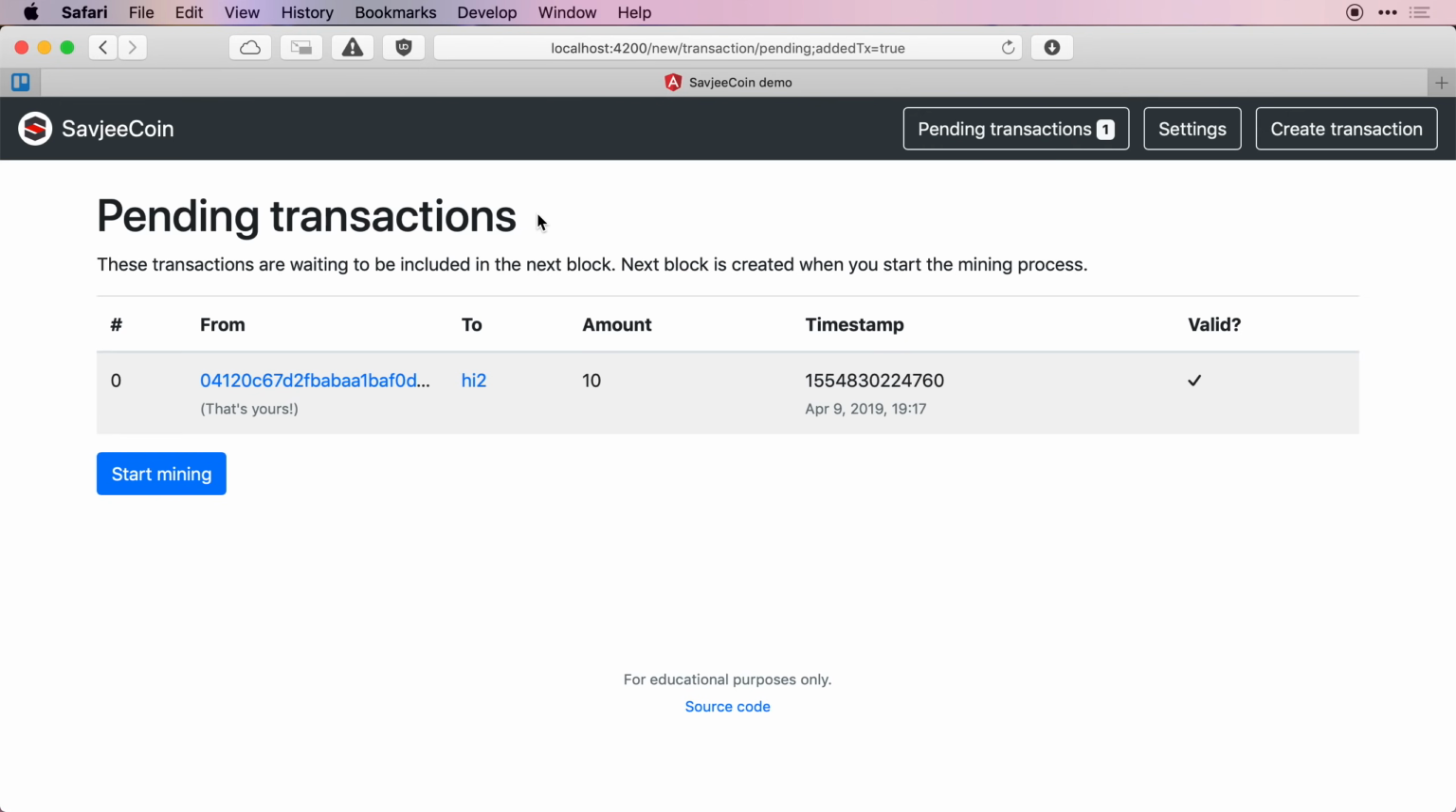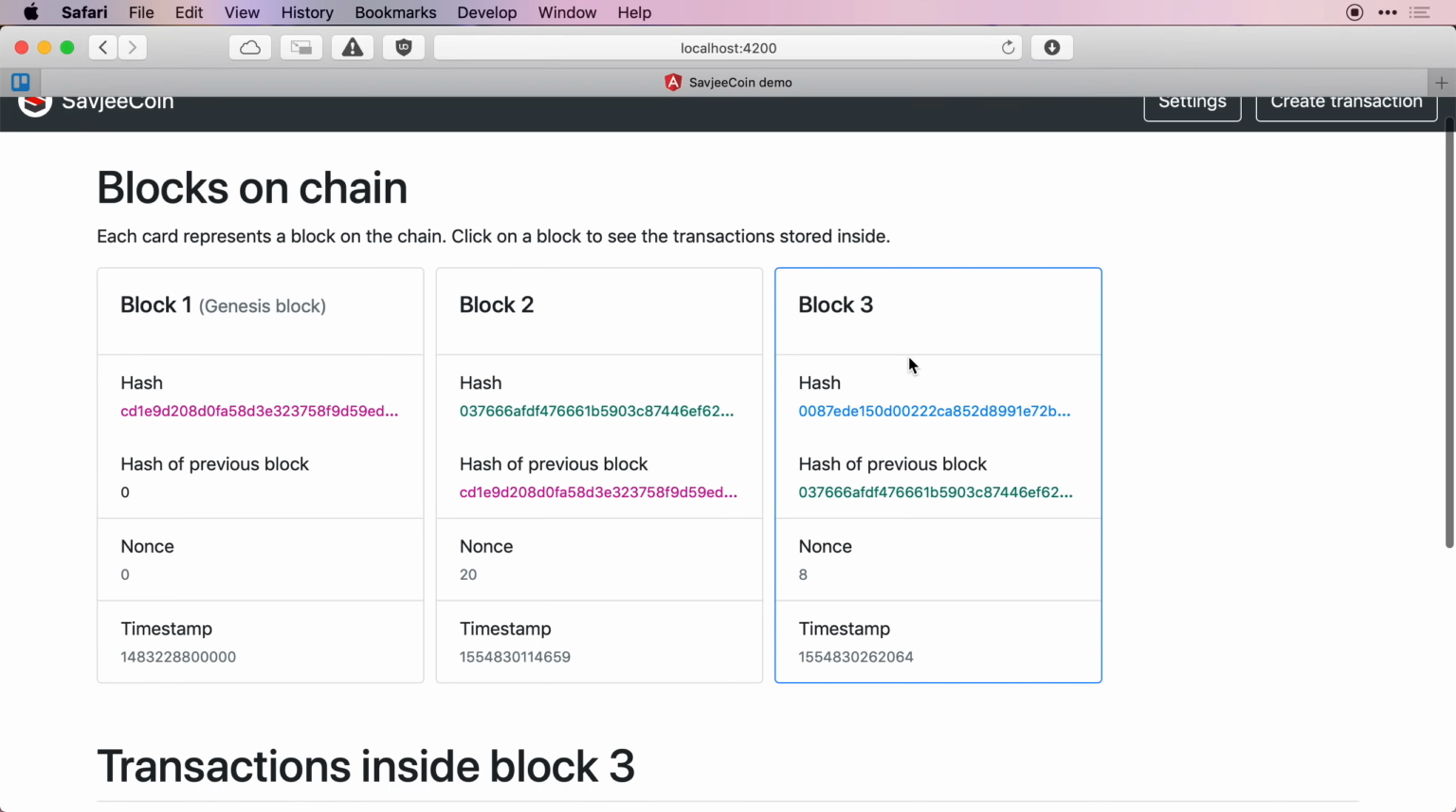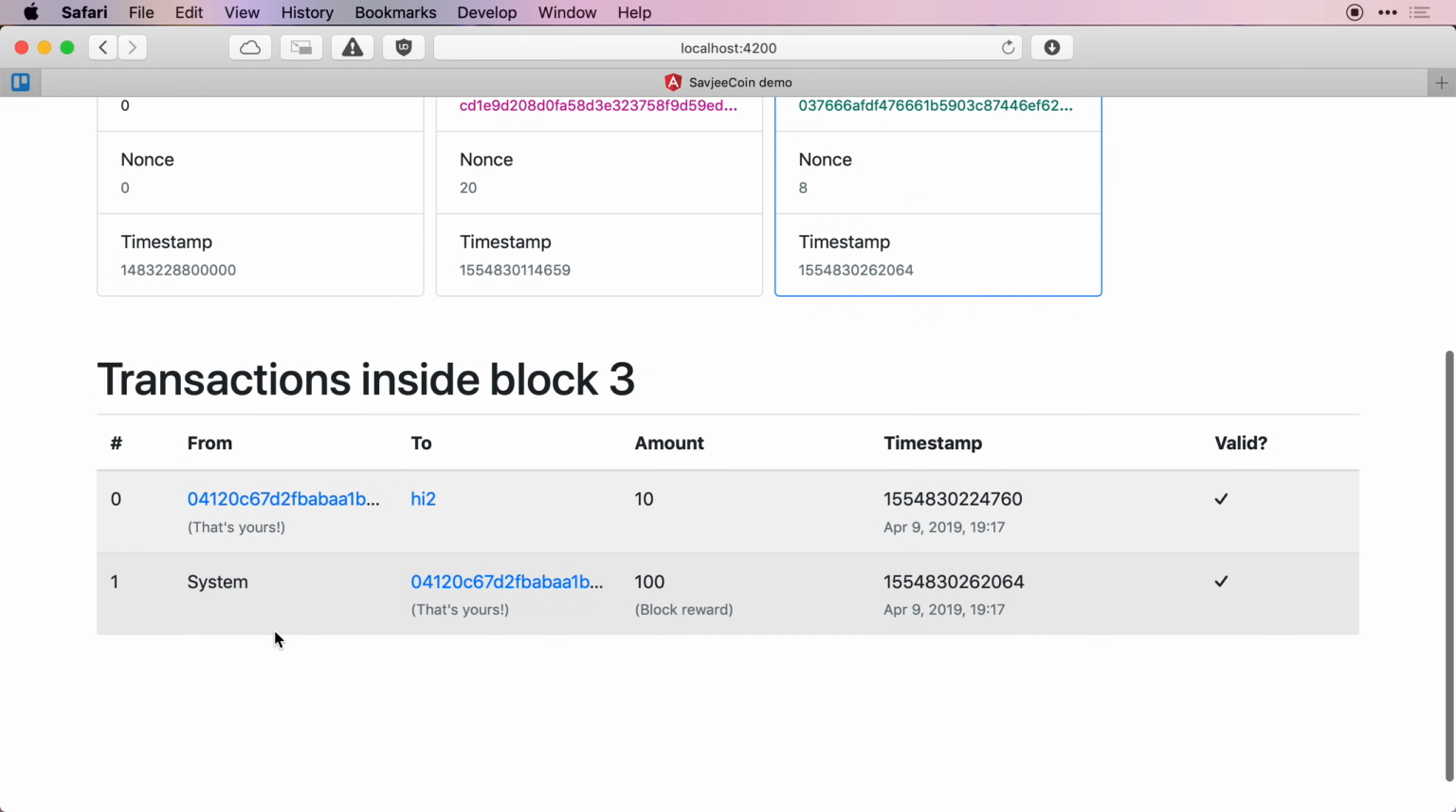And to include them in that block, we have to start the mining process. So we can keep adding transactions, and then we can click on Start Mining, and it will actually mine blocks and add them to our blockchain. Now my difficulty is set really low, so it goes super fast, but you can see that now block number 3 has been created, and I can click on it and I can see that there are 2 transactions in